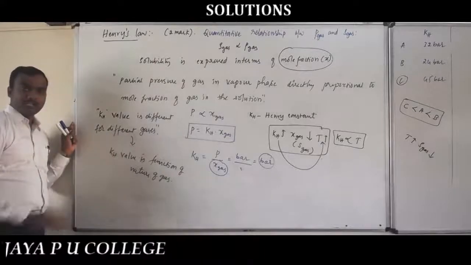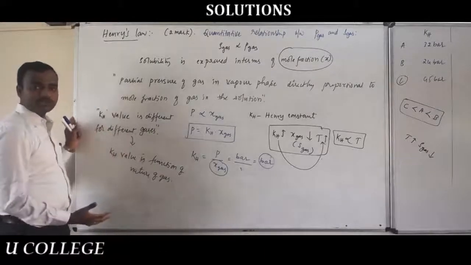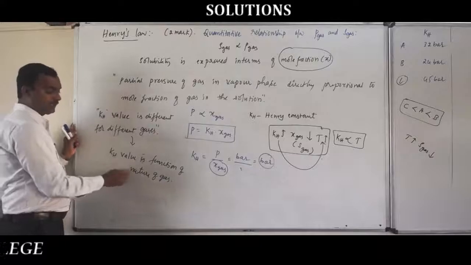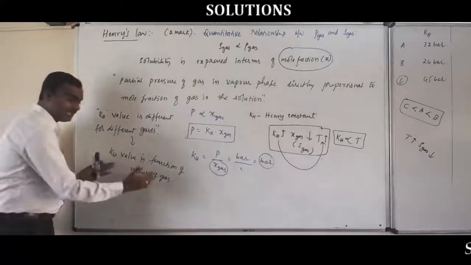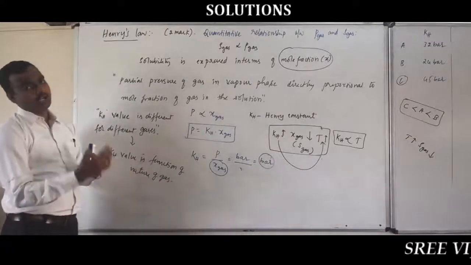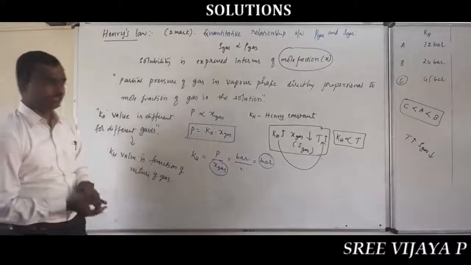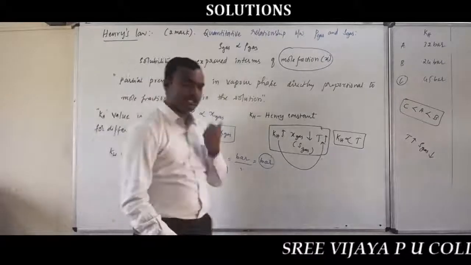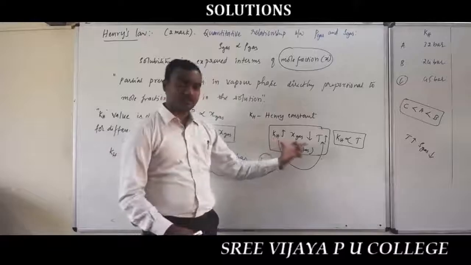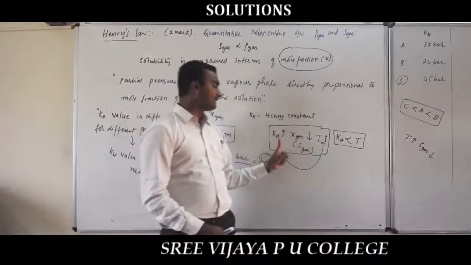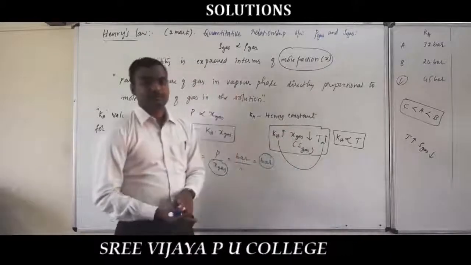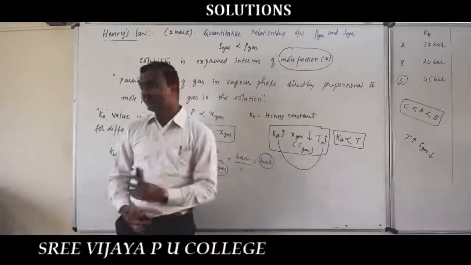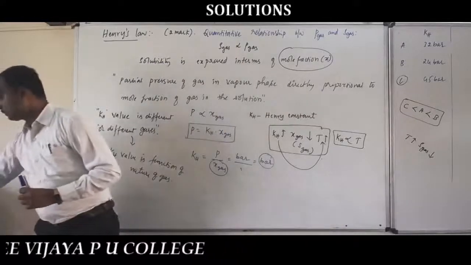So again the KH value is different for different gases, that is, each gas has its own KH value, so you can say that KH value is a function of the nature of gas. If the nature of gas changes, definitely the KH value will change. And the relationship between KH and solubility of gas is inversely proportional, and the relationship between KH and temperature is directly proportional. Now if you want, you can show this in a graphical representation,